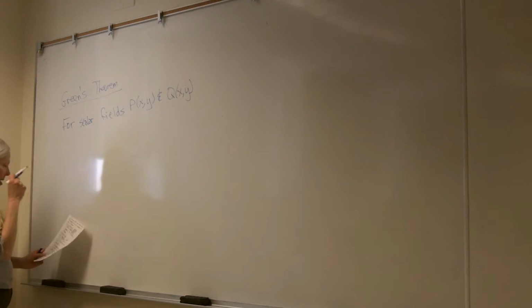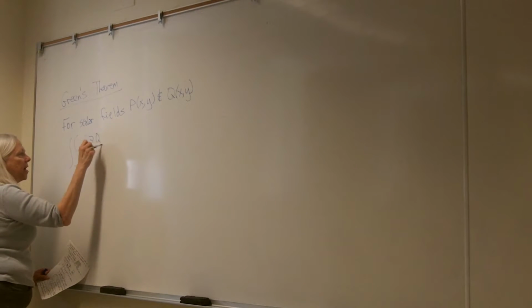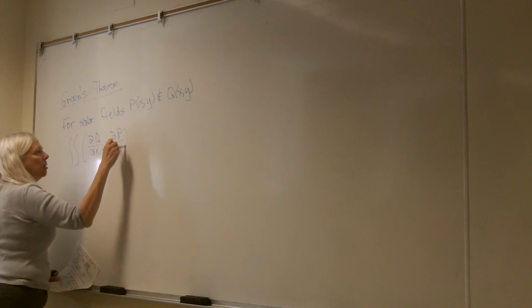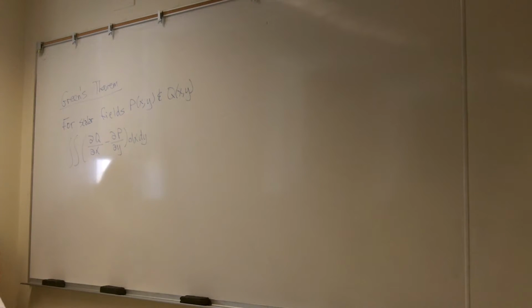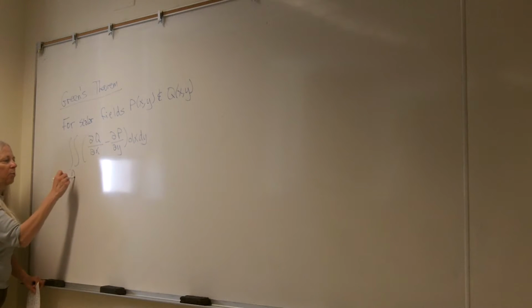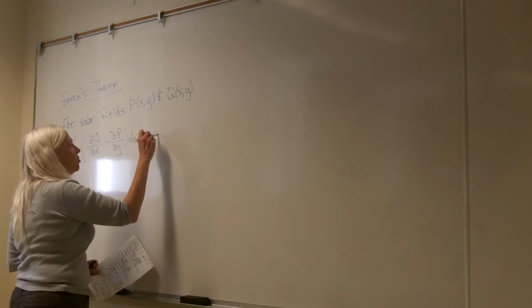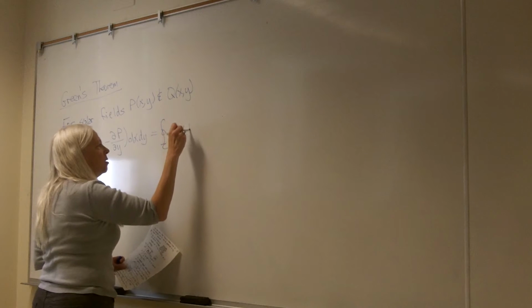Green's theorem tells us that the integral of the quantity dQ/dx minus dP/dy integrated over both x and y, so that's why it's a double integral here. And of course, this then defines some sort of area in the xy plane, right? So with whatever appropriate limits we need on the x and y integrals to specify a certain area A in the xy plane, that this area integral is equal to another integral, the integral of P dx plus Q dy,